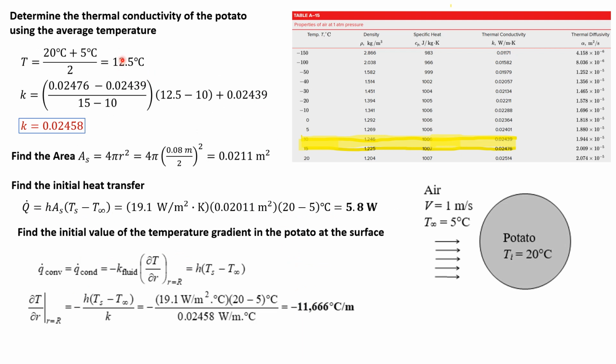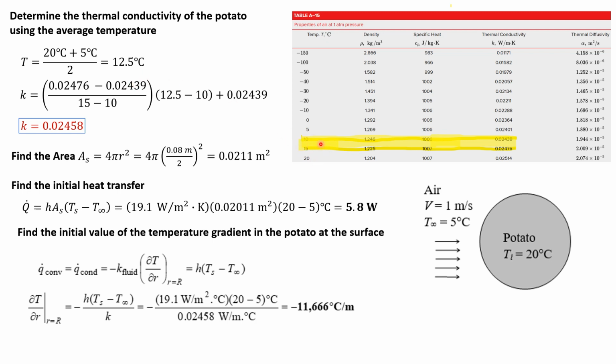The first thing we need to do is calculate the thermal conductivity k of the potato. We're going to use the average temperature. So 20 degrees C plus 5, divided by 2, is 12.5. If we look in table A15, that has a table of properties of air at 1 atmospheric pressure, which is what we are. If we go down to